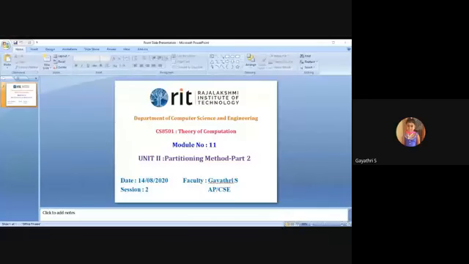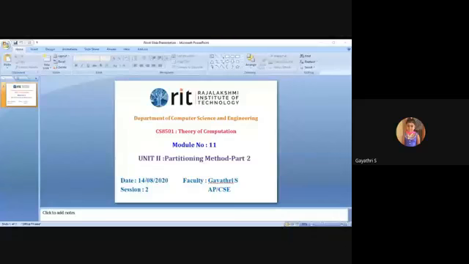For today's session, I have come with one more problem for the partitioning method, which is an exercise problem. Before proceeding to the problem, I have made one correction in the procedure of the partitioning problem, which we already did in the previous session.